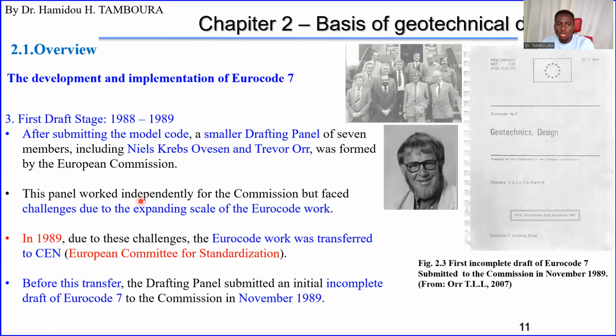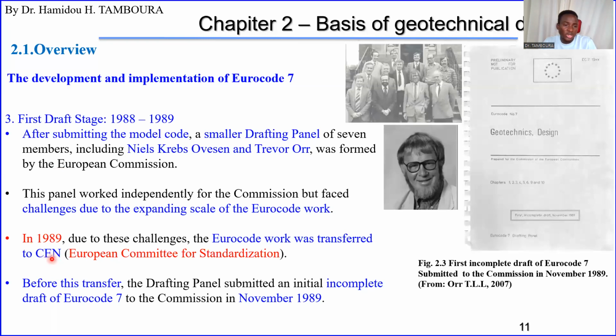So this panel worked independently for the Commission, but they faced a lot of challenges because of the expanding scale of the Eurocode work. Due to these challenges, in 1989, Eurocode work was transferred to the European Committee for Standardization,